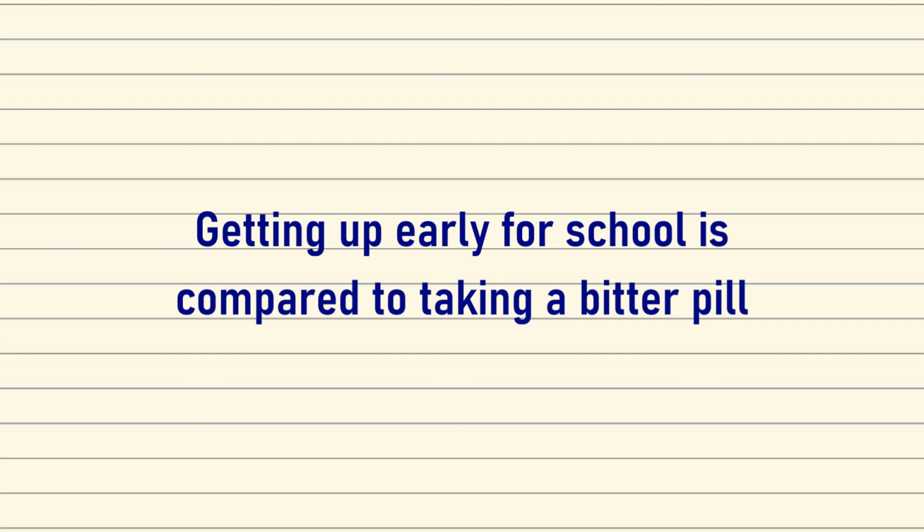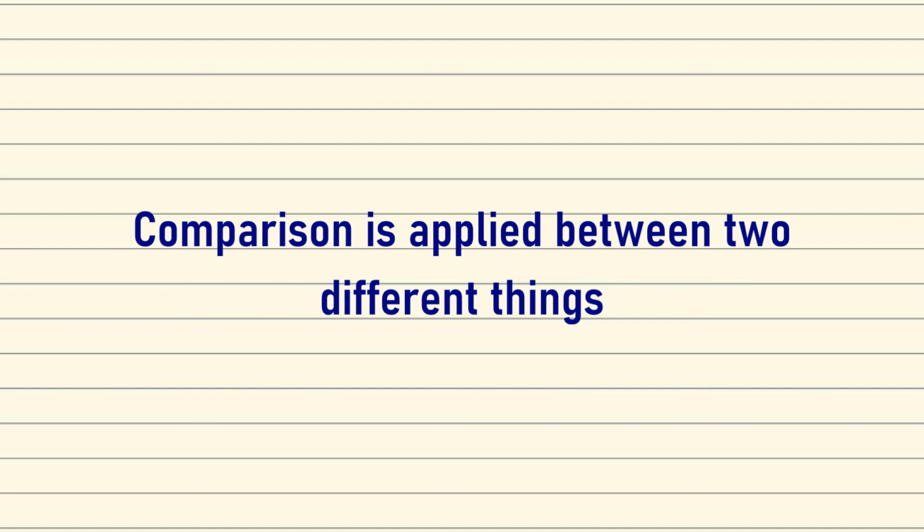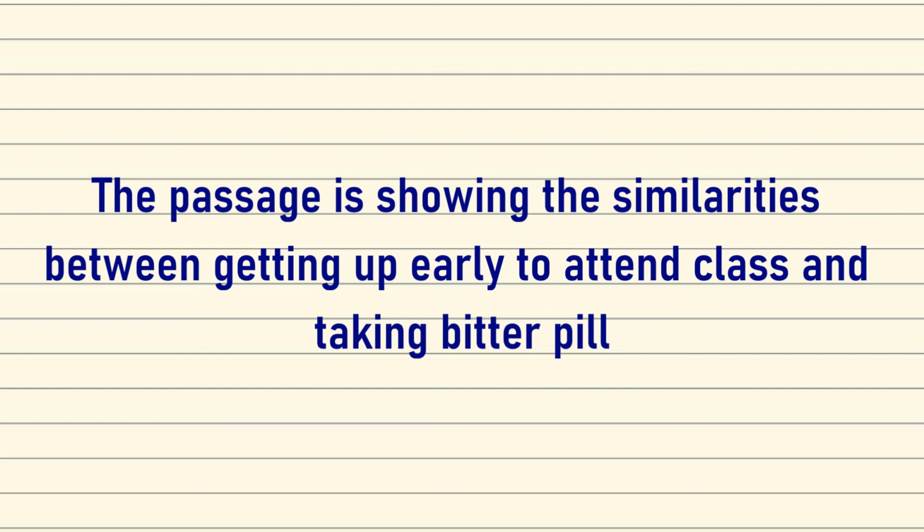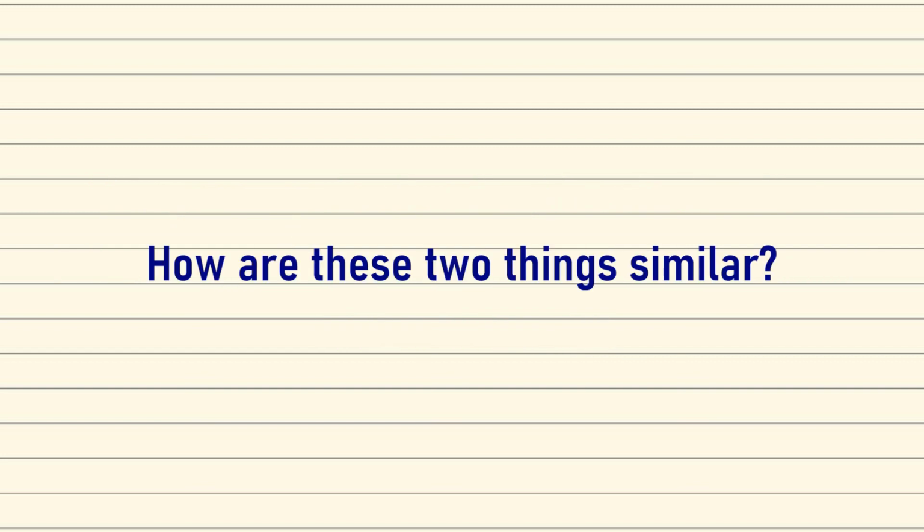You see, in the passage, getting up early for class is compared to taking a bitter pill. The writer has employed comparison to show similarities between two different entities. So the writer of this passage would like to tell us the similarities between getting up early to attend your online classes and taking a bitter pill. So how are they similar to each other? So first things first,